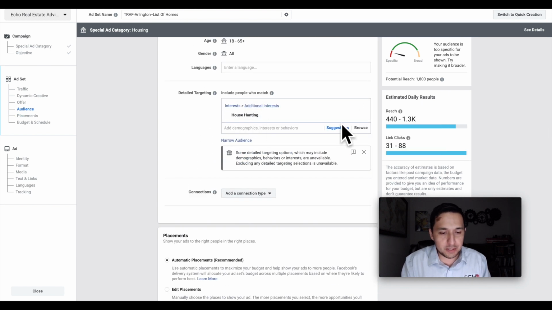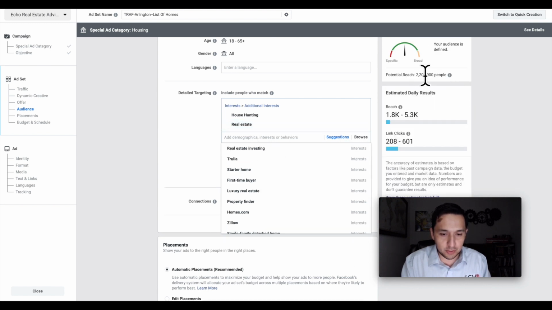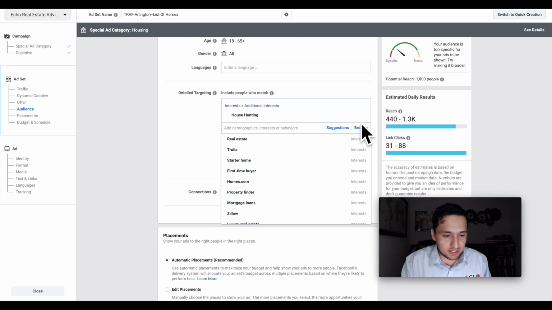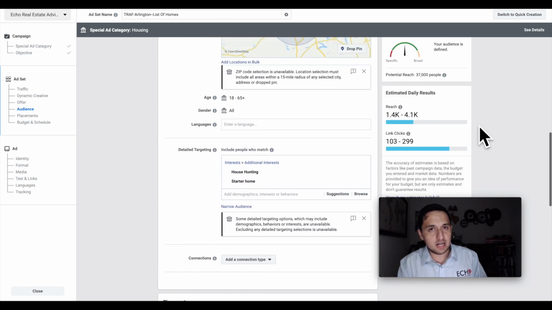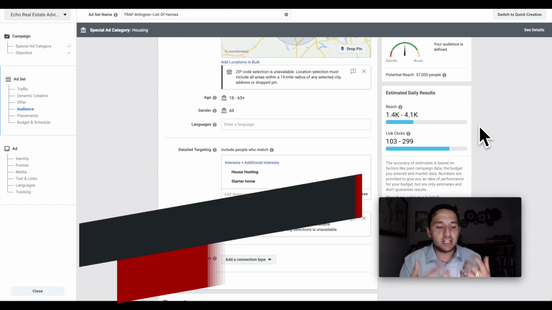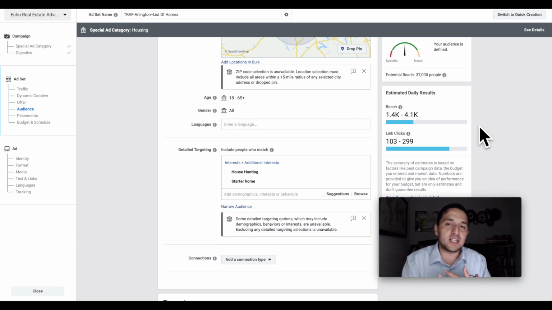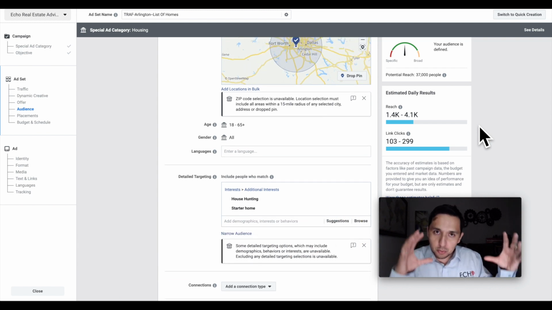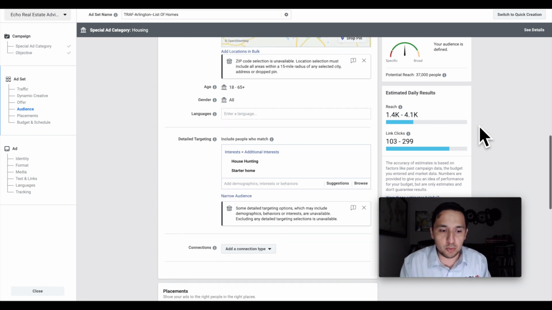You can add some additional interest, which real estate would actually balloon it. See? We're going to take that out. We're going to say starter home. These are interests. These are not demographics. These are people that are interested in house hunting or similar pages like that, or interested in a starter home. So the interests are pretty cool to where you can actually reduce them down, but just know that the demographics and a little bit more targeted options are not available to you at this time.